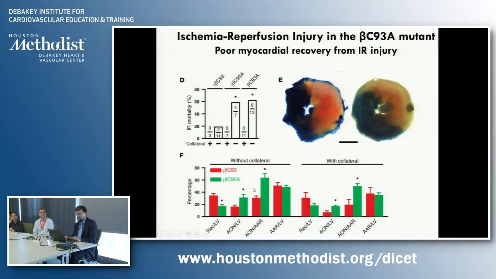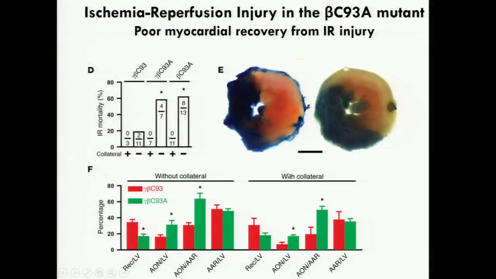And that was in the animals that did not have collaterals. I failed to mention that there were some animals without collateral circulation, others that had developed collaterals. I previously mentioned that the mutants had more collaterals. So that had some modifying, mitigating effect. In the mutants that had some collaterals, there was somewhat less damage. But even still, they had more damage than the wild-type mice. So basically what this data shows is that the mutant mice have more damage, more necrosis with the same amount of ischemia.